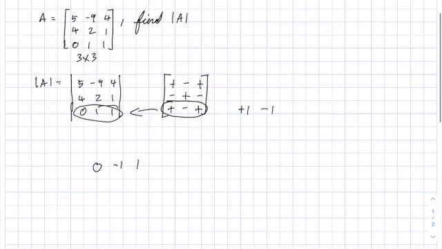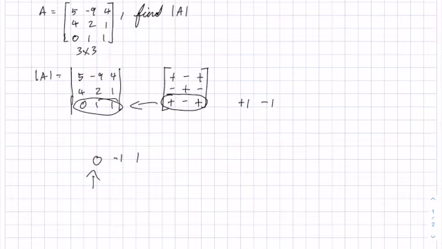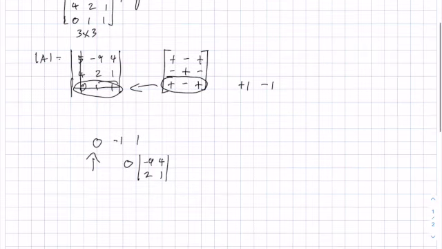Now the reason we did this is because let's start with 0 right now, so that we basically cancel all the row and column that involve 0. If you do that, then you're left with this matrix. This value is in the matrix, which is -9, 4, 2, and 1. We take that and start with 0. We multiply by the determinant of -9, 4, 2, and 1. And that's the first term. Let's do -1. We add -1